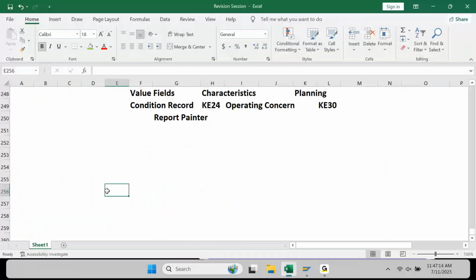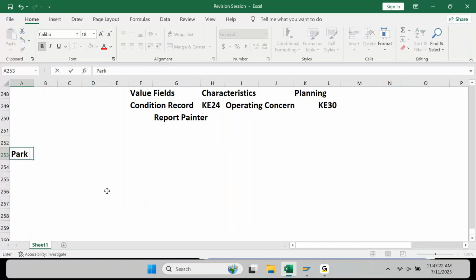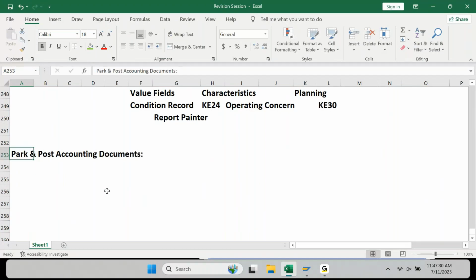And one more point I want you to do is park and post accounting documents. Everybody is aware of this, right? Yes, sir. Park and post accounting document, point number 1. Point number 2,